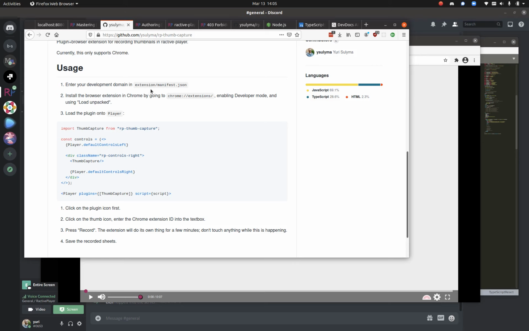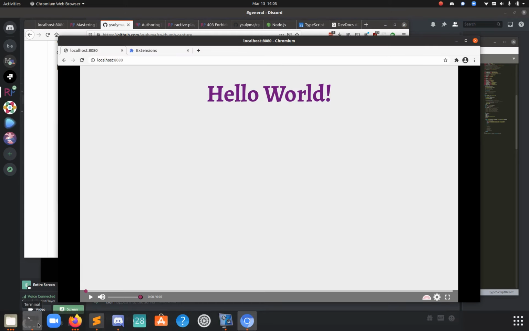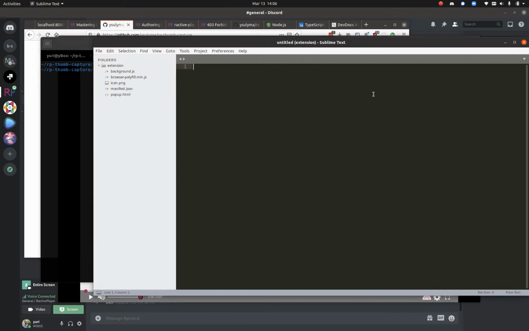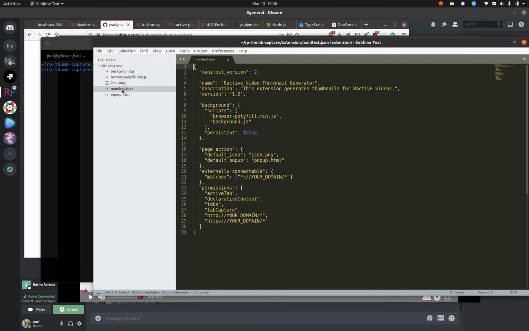So in this extension file, we have to go into manifest.json and enter our domain here. I'd really like there to be an easier way to do this, but I don't know if there is. So localhost